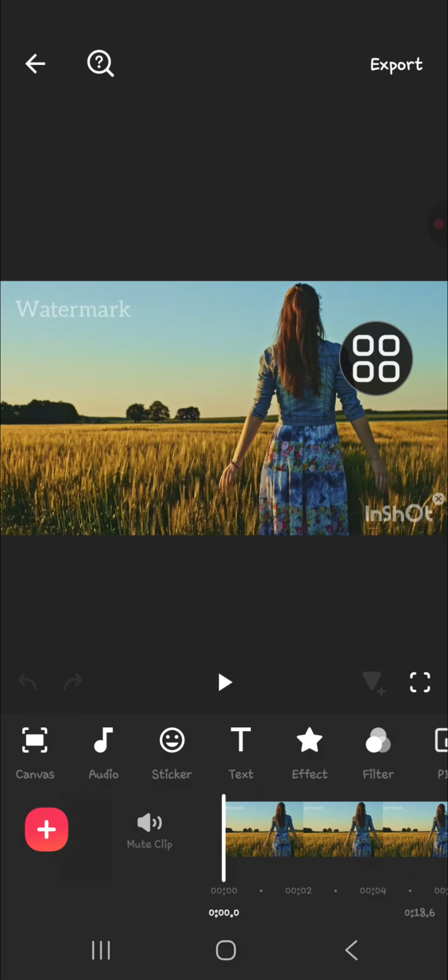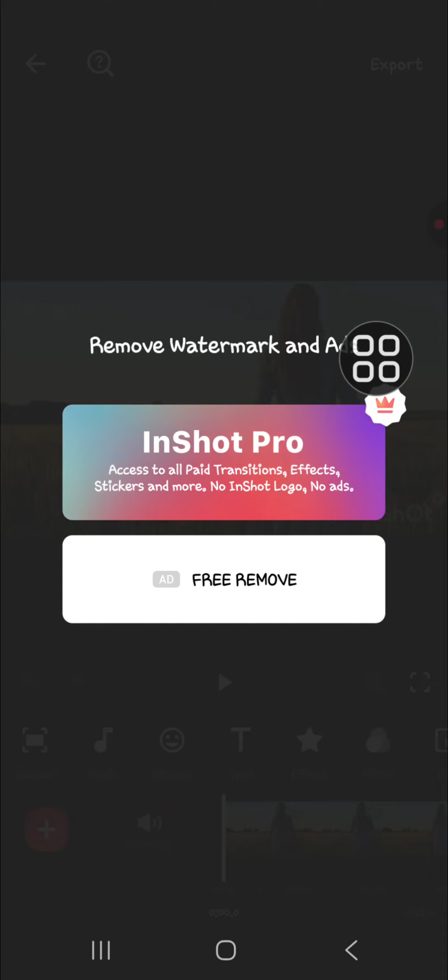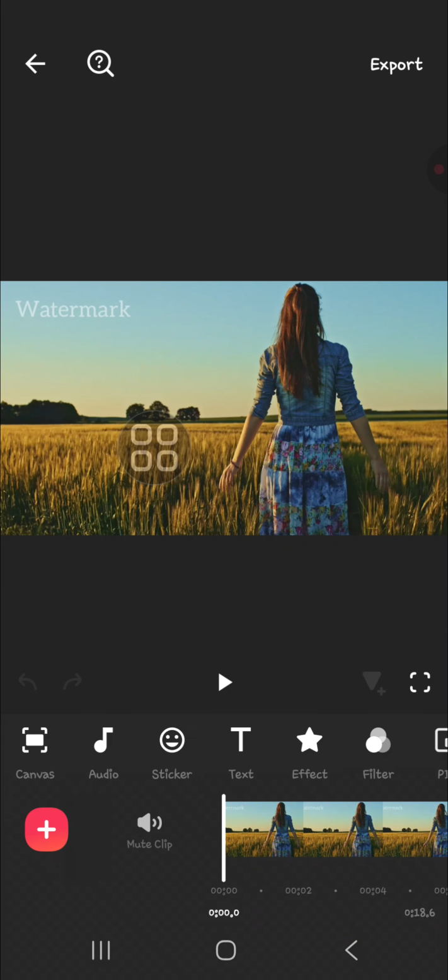So you just need to click on this X button, and then if you want to remove it for free, you can watch an advertisement. You can choose free remove and watch ad, or you can subscribe to InShot Pro and the watermark will be automatically removed. Okay, the InShot watermark has been removed, and now it's time to remove the watermark from this